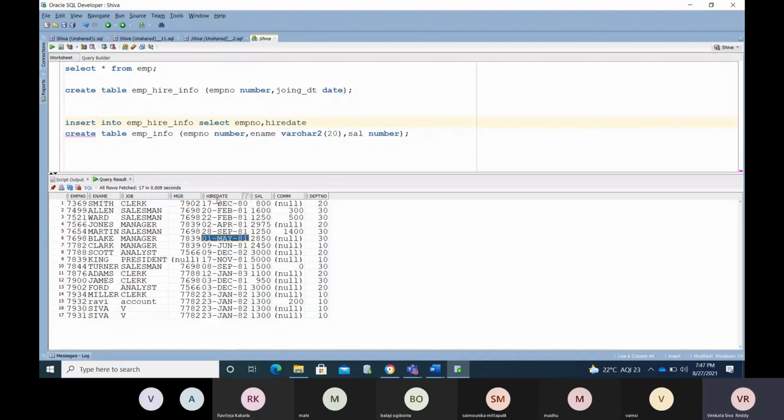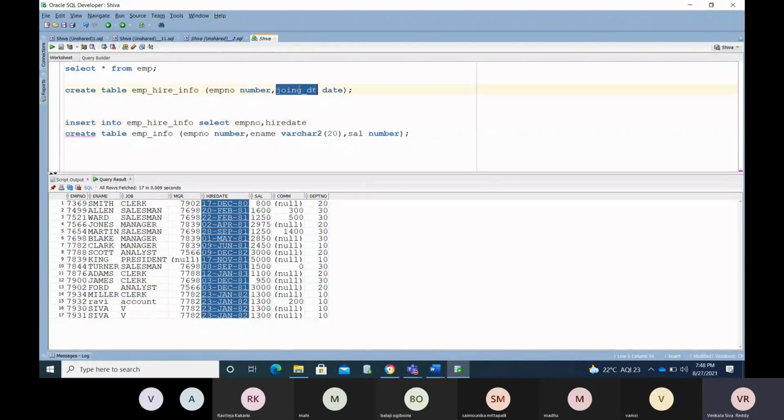The client will send some name, but our database column may differ. The client's column name differs. Understand? In this case, hire date in the sense is the business column name. This is the business column name, and this is the database column name. The name the client uses is what we call the business column name.